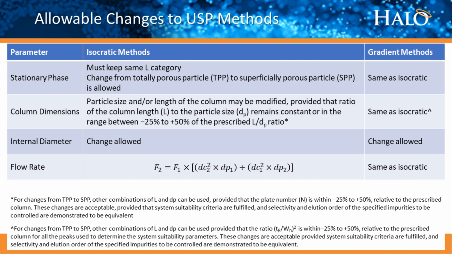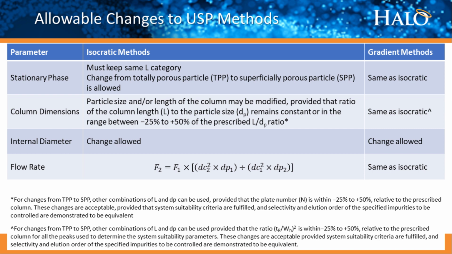So now let's discuss the allowable changes to USP methods. I have the parameter here on the left, isocratic methods in the middle, and then gradient methods on the right-hand side. So in terms of stationary phase, you must keep the same L category, and that means you can't change from, say, C18 stationary phase to phenylhexyl stationary phase without doing a revalidation. So you just have to keep that same L category,